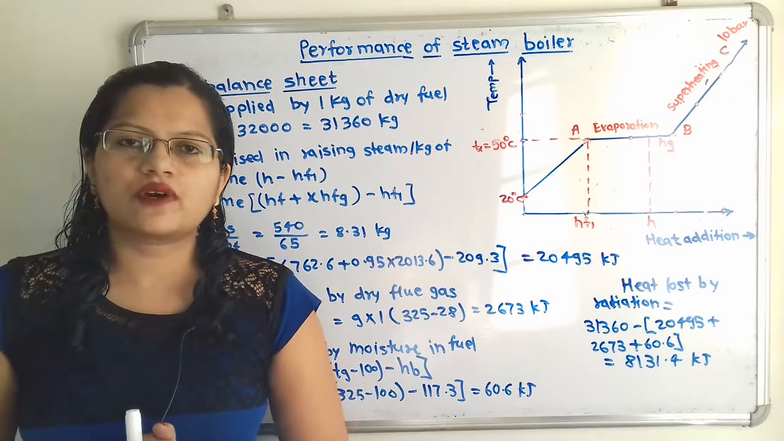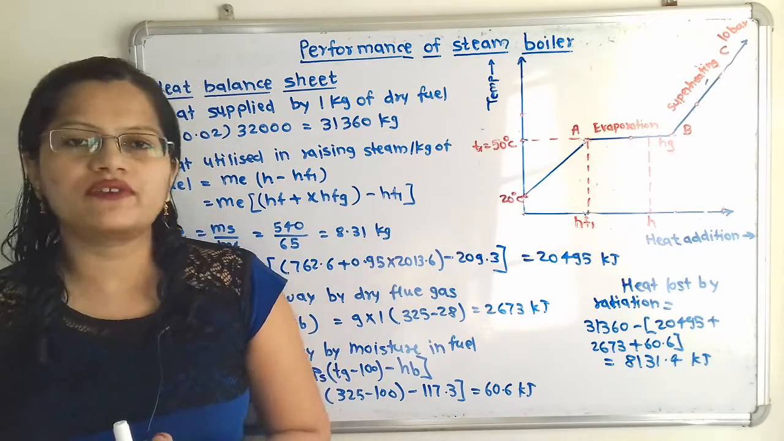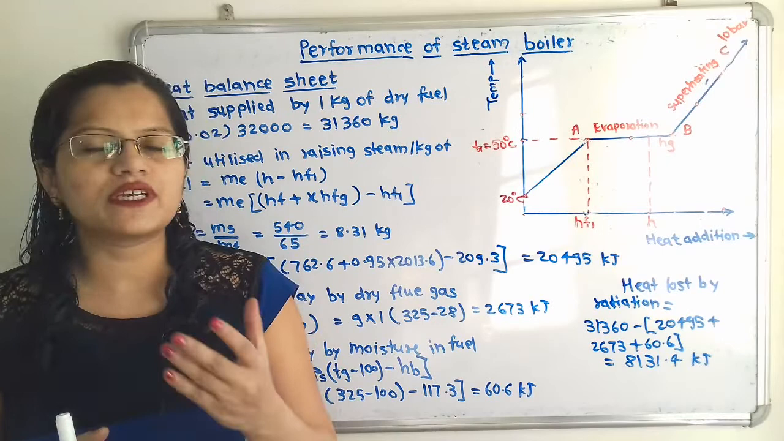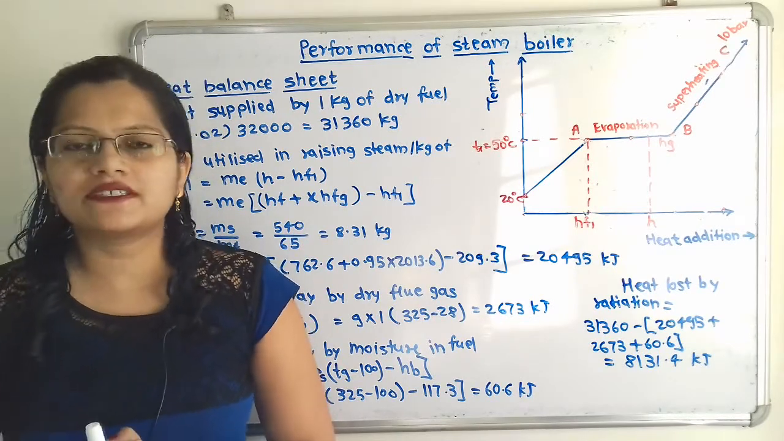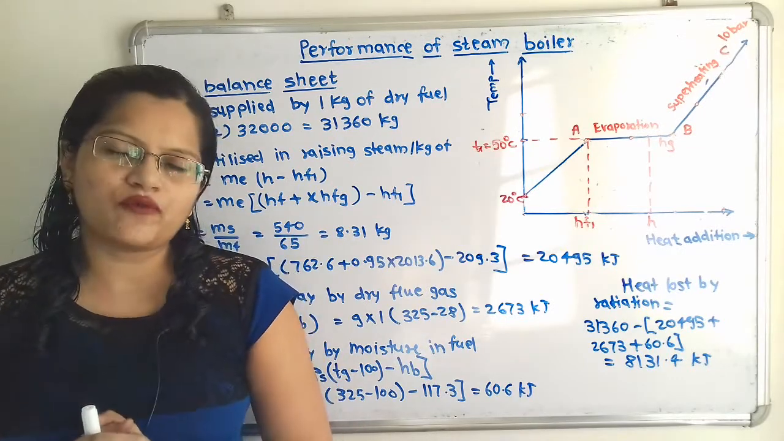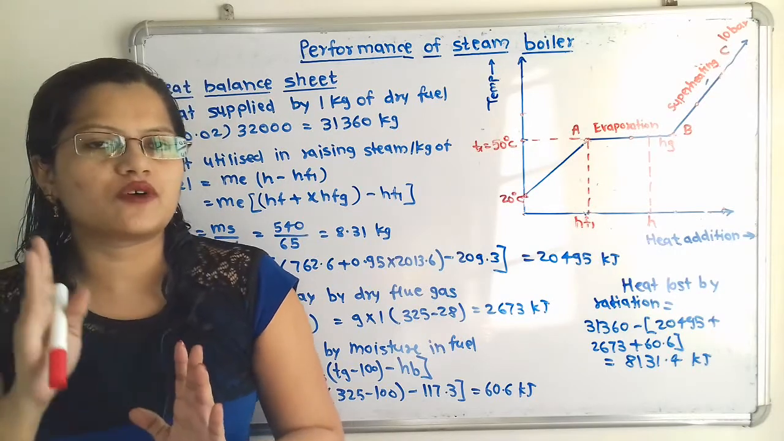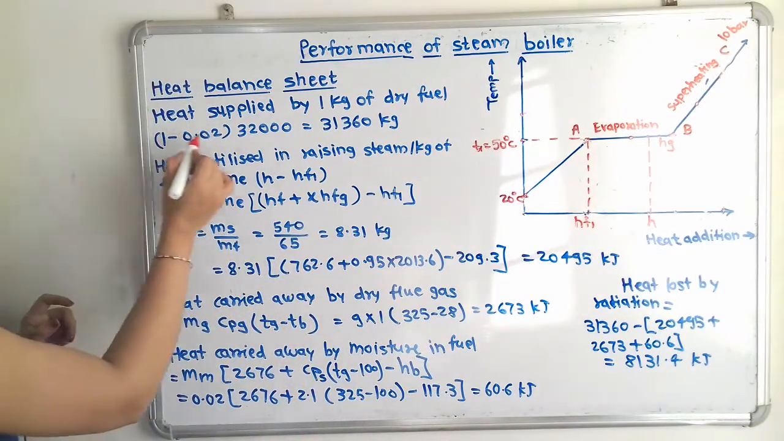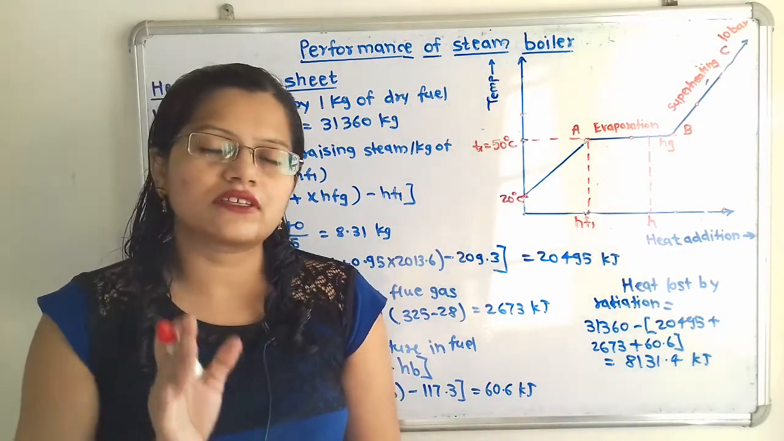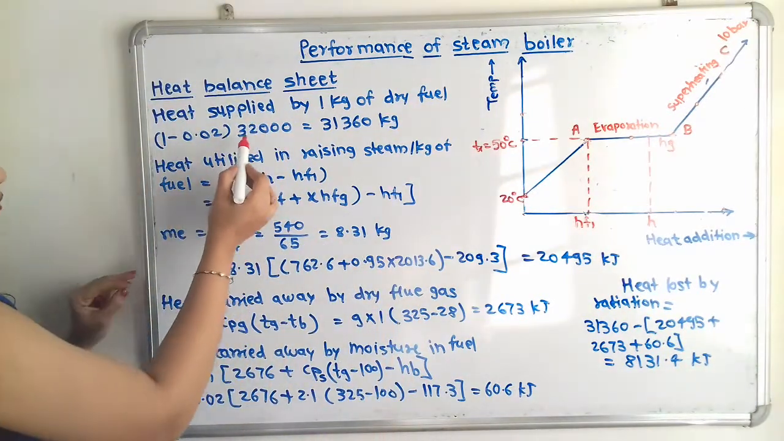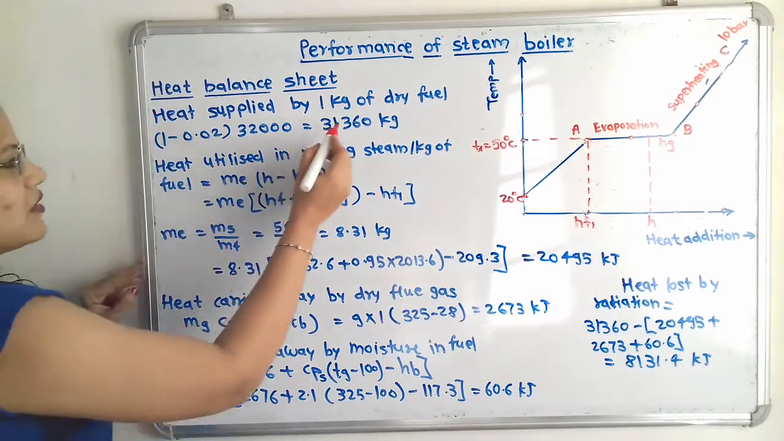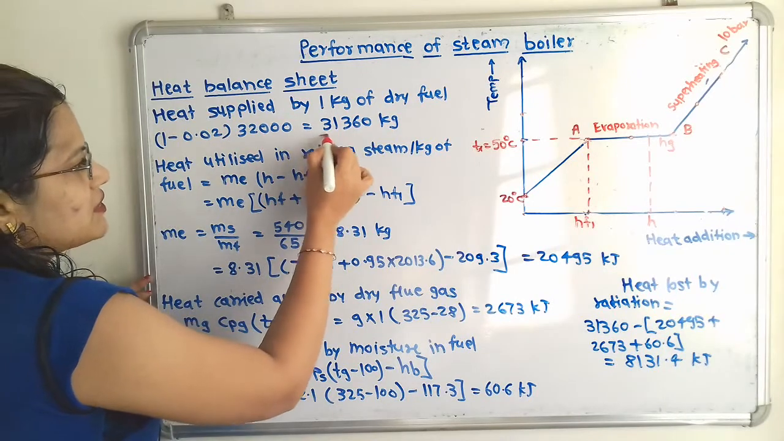First, we will calculate the heat supplied by 1 kilogram of dry fuel. Here the word dry is there, which means if moisture is present, then we have to subtract this moisture. The moisture present is 2%, that is 0.02 kilogram. So we take 1 kilogram of fuel and subtract 0.02 kilogram. For this fuel, we have to find the calorific value. The heat supplied by fuel is nothing but the calorific value, which is given as 32,000. So (1 minus 0.02) multiplied by 32,000 is equal to 31,360